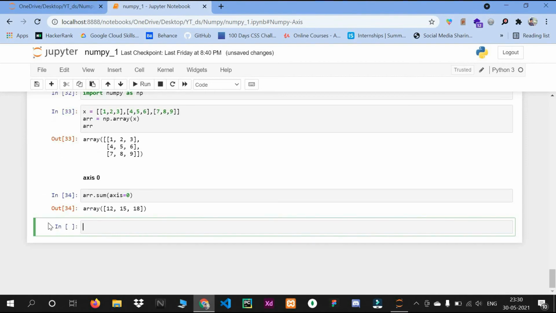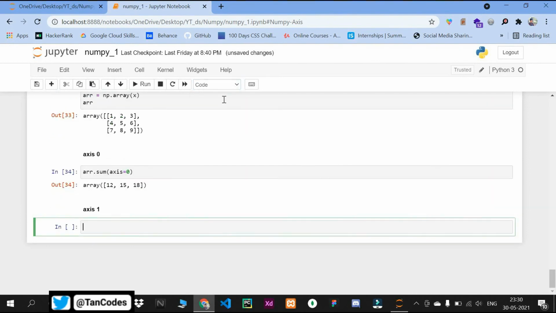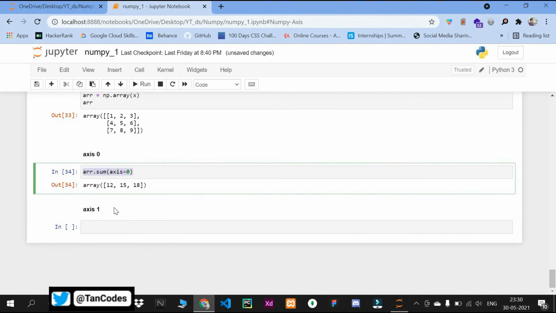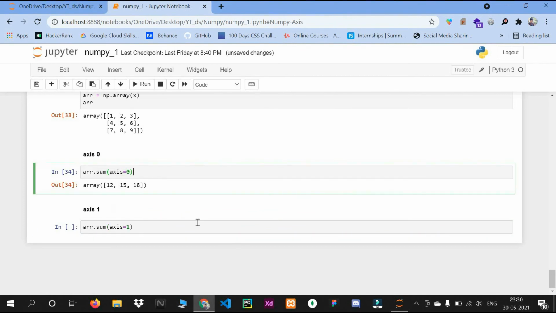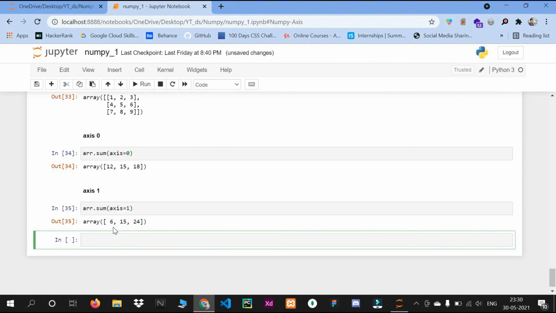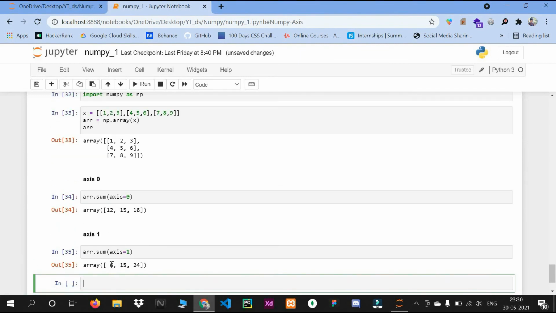In a similar way if we see axis 1, in that I will take this same array and I will just pass axis is equal to 1. So you can see now 6, 15 and 24 new element.